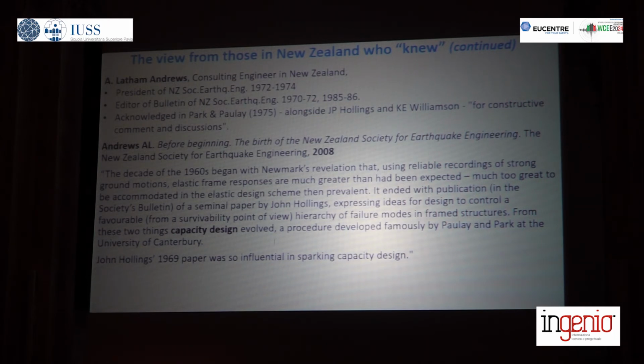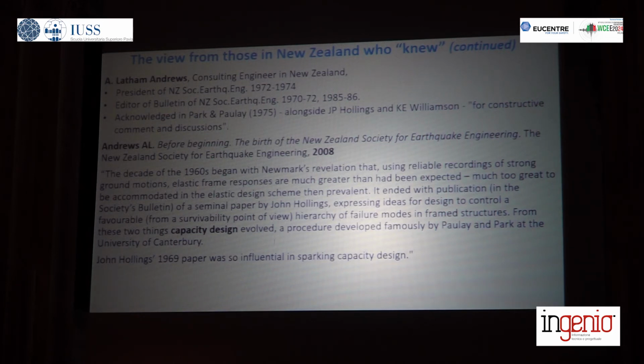The first was the discovery by Nathan Newmark, maybe the most important person in earthquake engineering ever, that the elastic analysis significantly overestimates the demands in concrete frames and concrete structures under recorded motions,